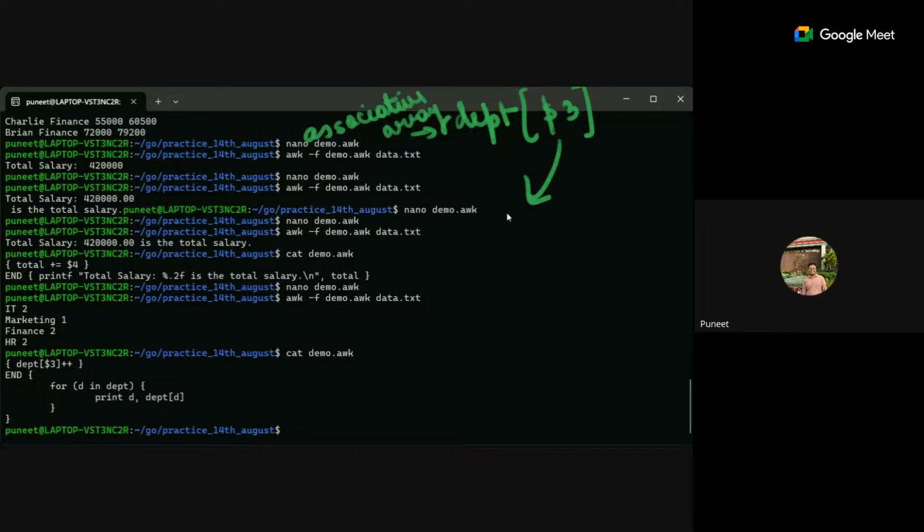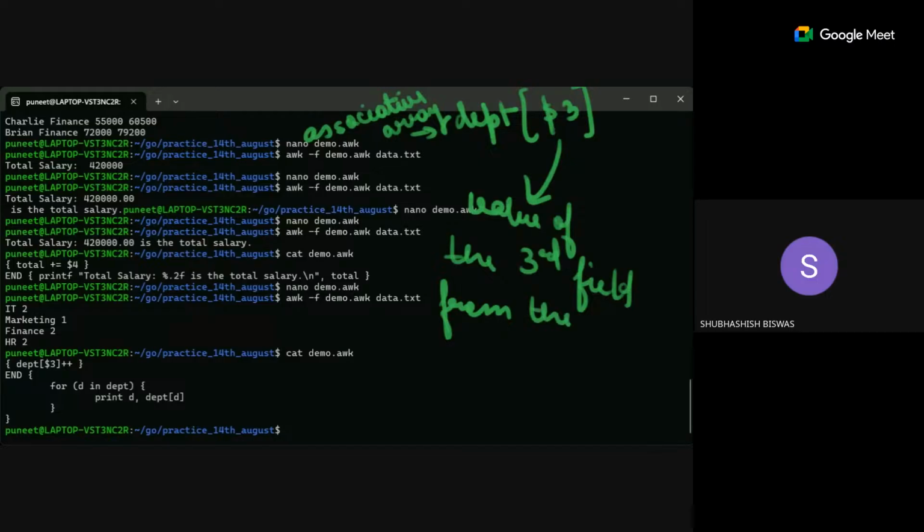True, sir. So now I'm saying the value of the third column, that is the third field value, from the current input. Then when I say department $3 plus plus, it means that whenever you find, let's say,